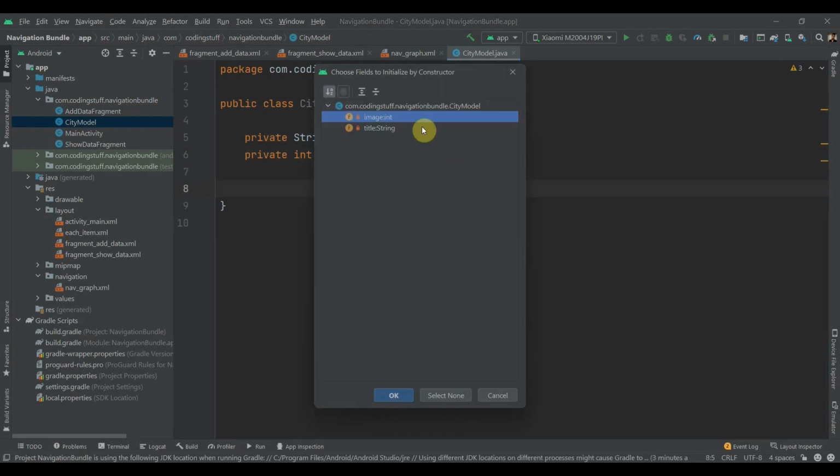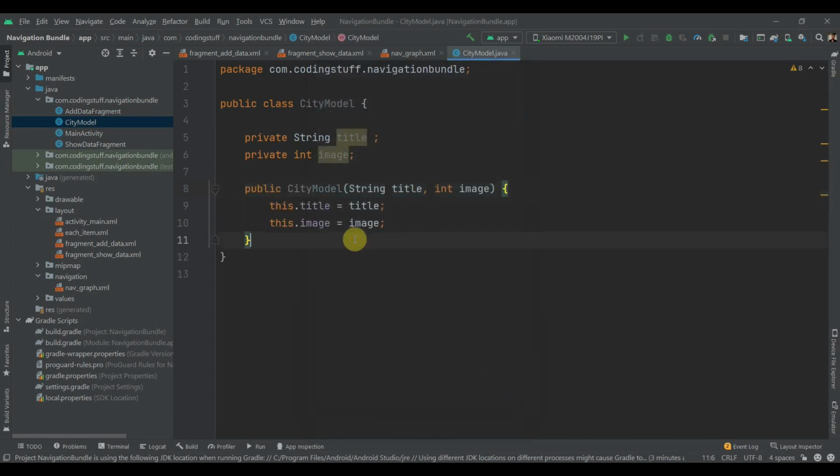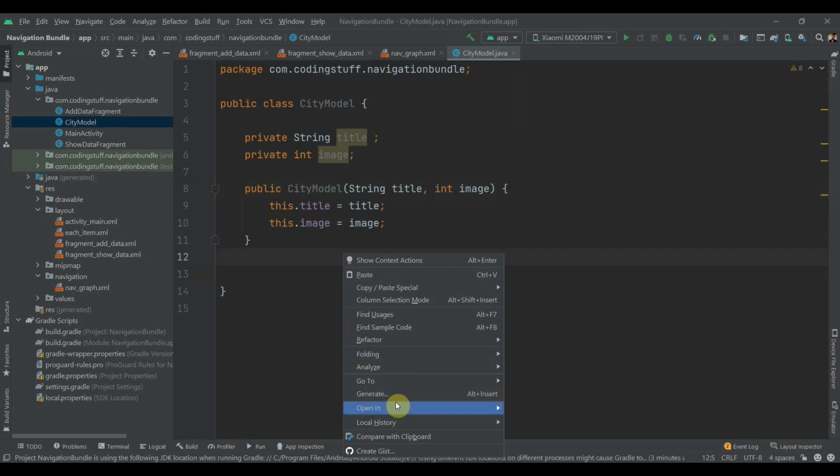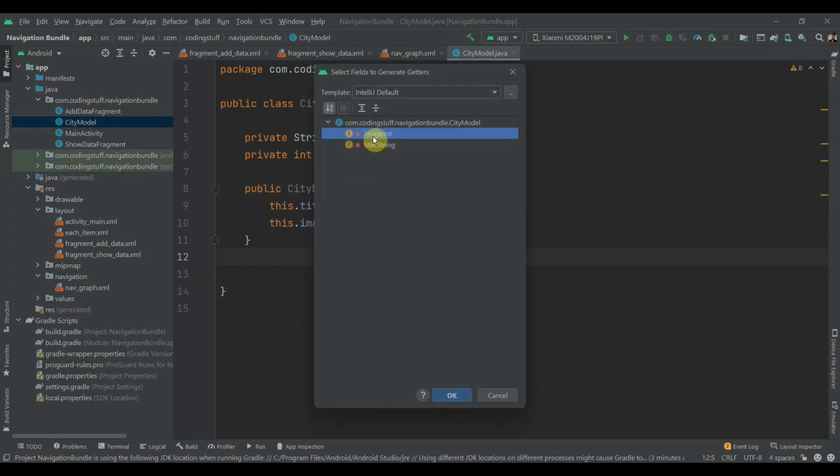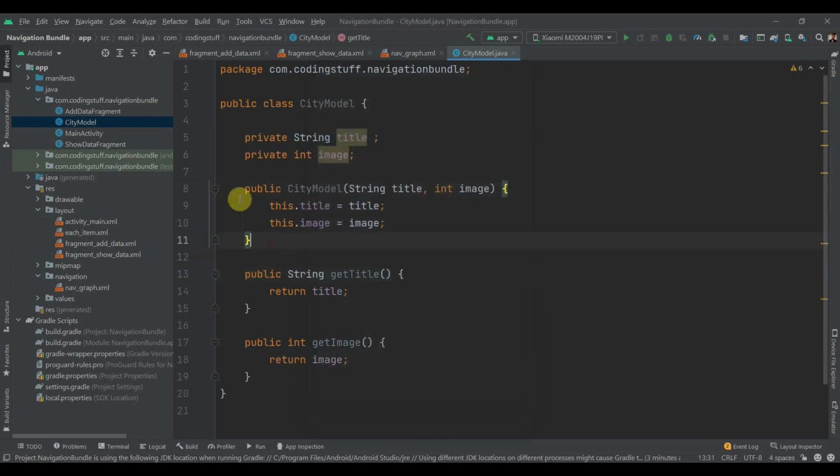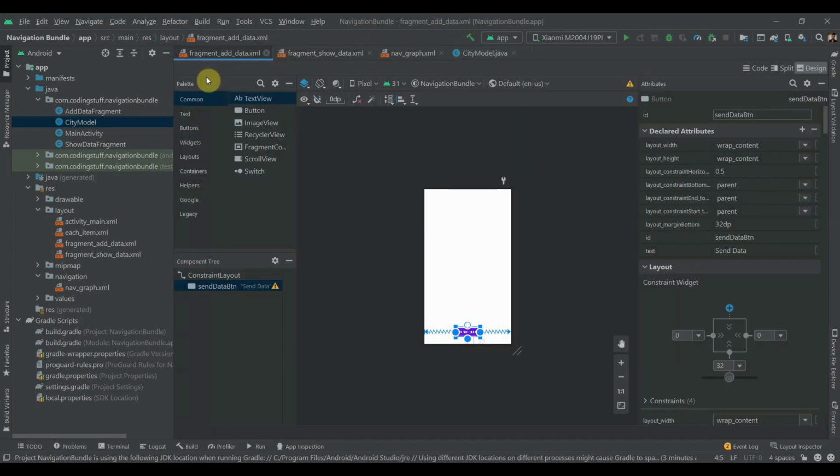We'll create one constructor, select both, click on OK, and we'll also create getters for both. We don't need setters here because we'll be setting the data using this constructor. So yeah, that's it.